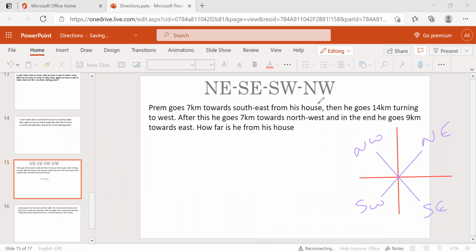So why am I calling this southeast, and not east south? You have to mention the vertical line first, then the horizontal line. This is south, this is north, this is west, and this is east. Vertical line and horizontal line, here also vertical line and horizontal line. Like this, we are mentioning the four corners. What are the four corners? Northeast, southeast, southwest, and northwest. These four corners are also part of our directions.